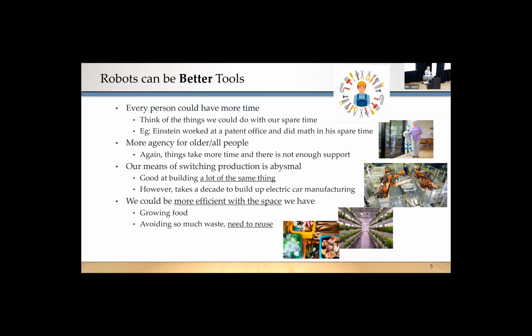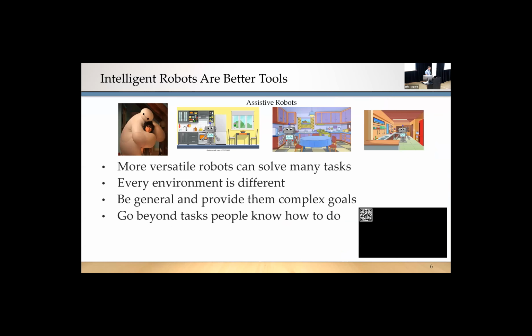We can have more vertical farming type mechanisms where we don't have to specifically design all of our tools to work for people. Maybe robots can fit into smaller spaces, not have the same constraints, and avoid a lot of waste and have much better reuse. So the challenge is to be able to get to some of these in terms of the machine learning that we have available today. We would need to be able to do all these more versatile robotic systems.